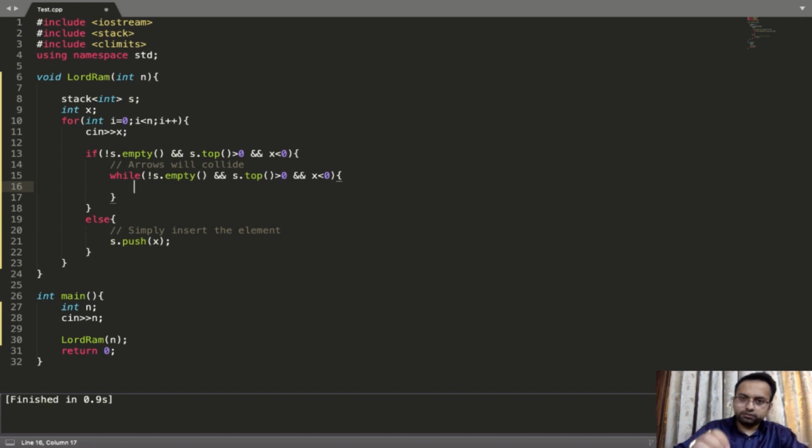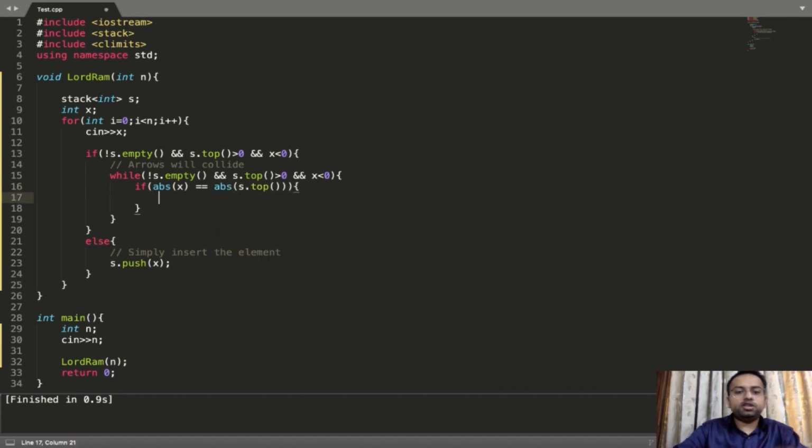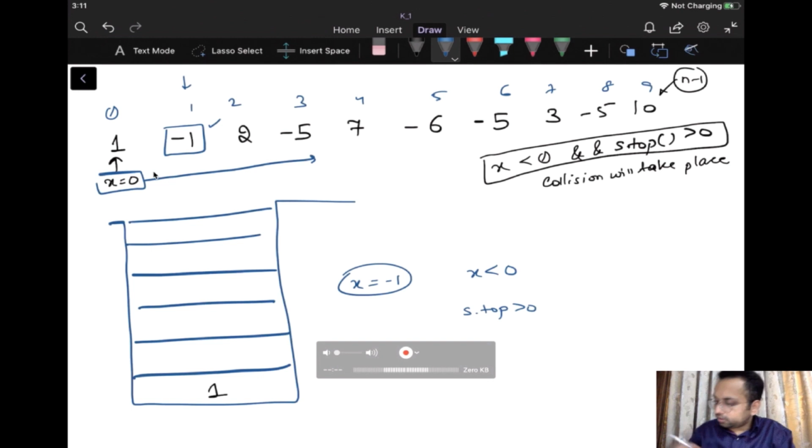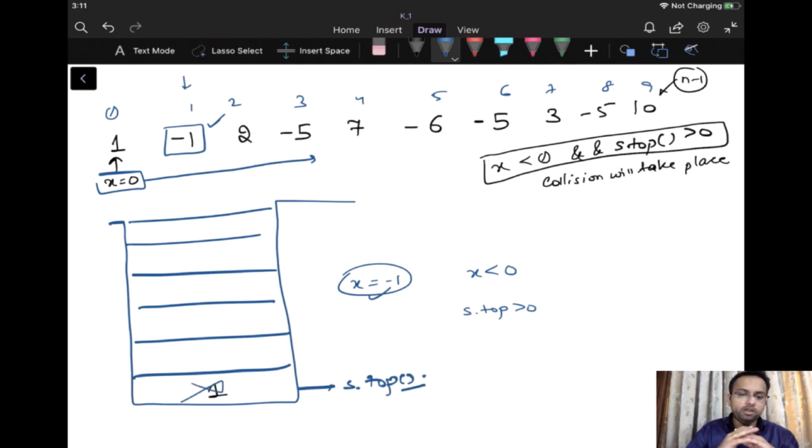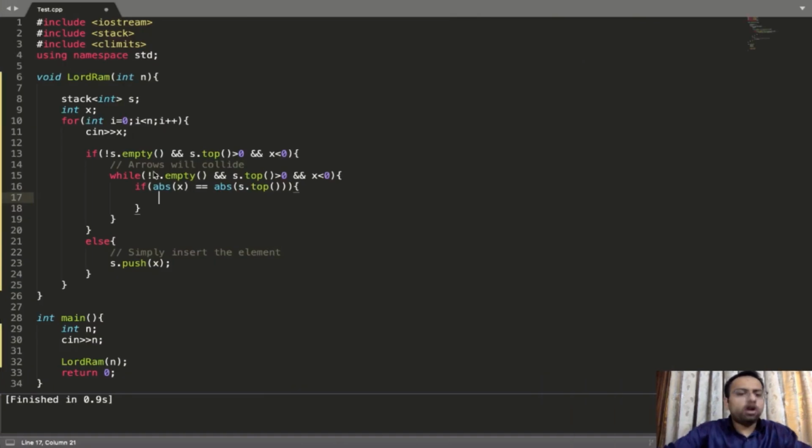So I'll check if the magnitude of x is equal to the magnitude of s dot top. This is the first case. So what should I do in this case? I should simply pop it, so that there would be no arrow which will remain. So I will not insert x.